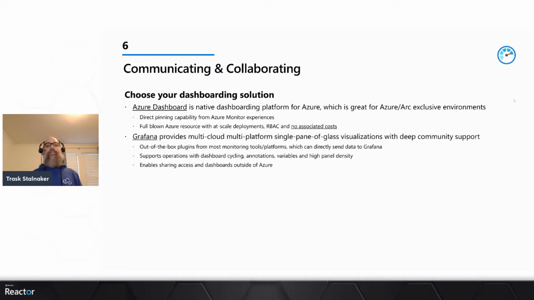And lastly, choosing your dashboarding solution. So we demoed Azure Dashboard and how easy it is to go from Application Insights and Log Analytics to writing queries to pinning things on your dashboards. So that's a really nice way to provide,